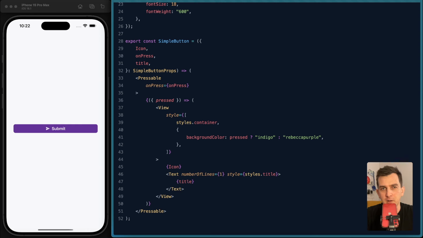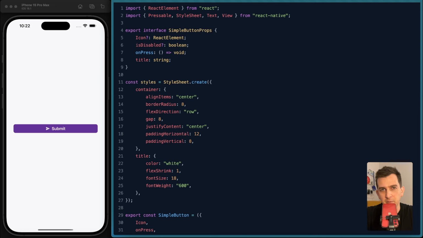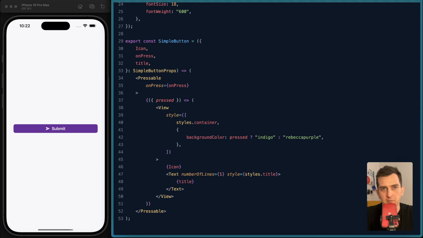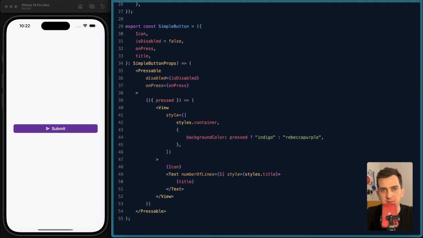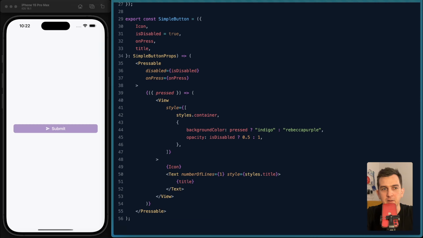Now, what if we need to disable the button for some reason? We can introduce another optional property. Let's call it isDisabled. I'm disabled! I like to prefix Boolean properties with is and has, and you should do it too. You will thank me later. It's going to have a default value of false. When the button is disabled, the common way to indicate it is to lower its opacity. This is how it will look like being disabled.